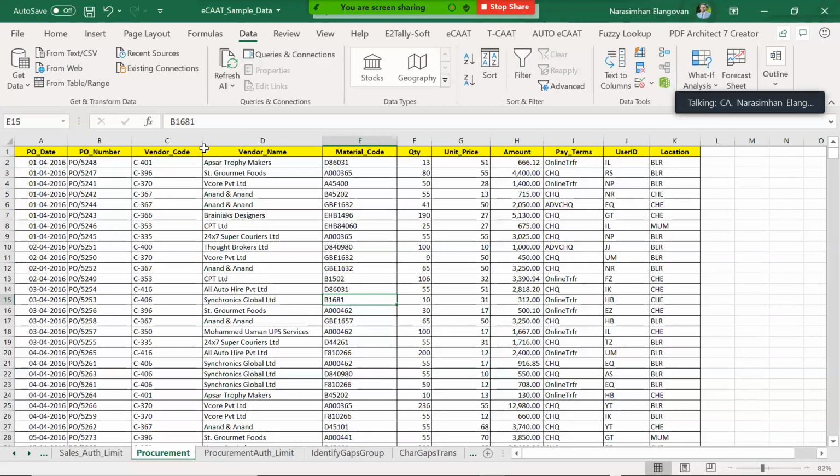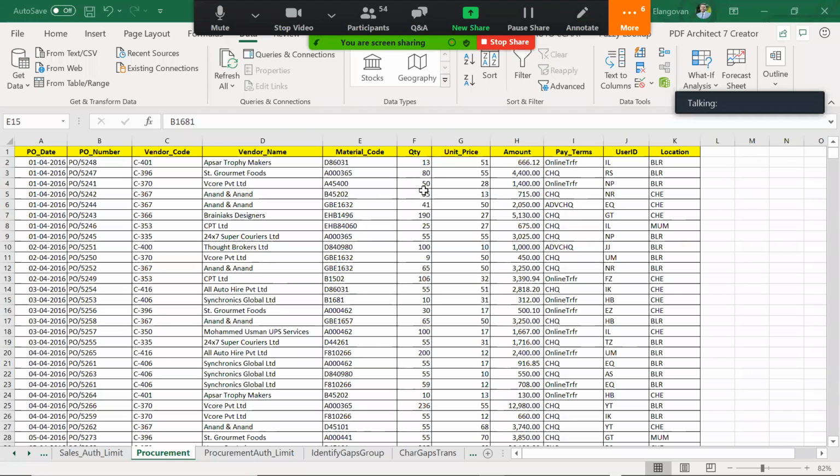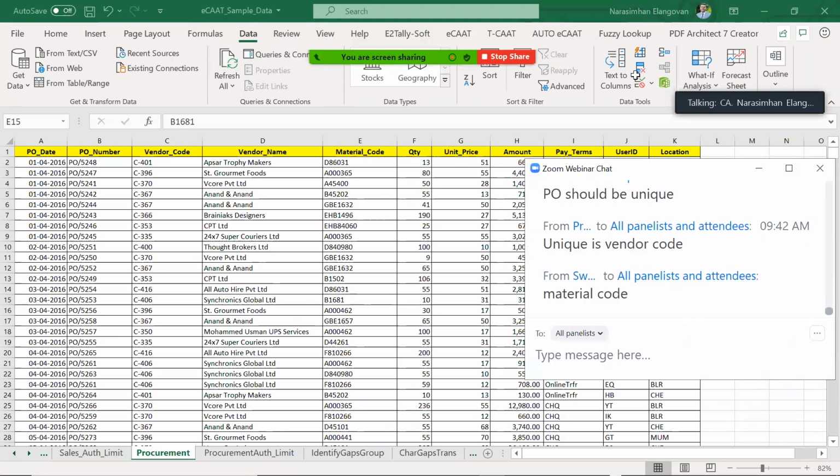Please tell me in this procurement file. Unique is vendor code, PO should be okay, material code, fair enough.